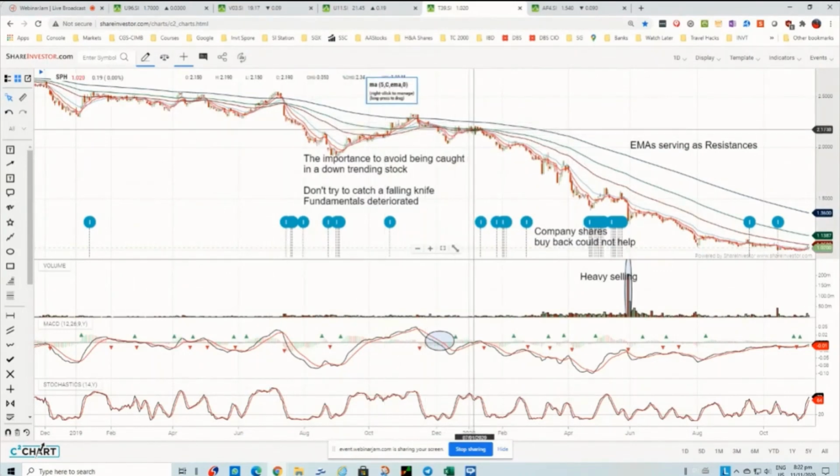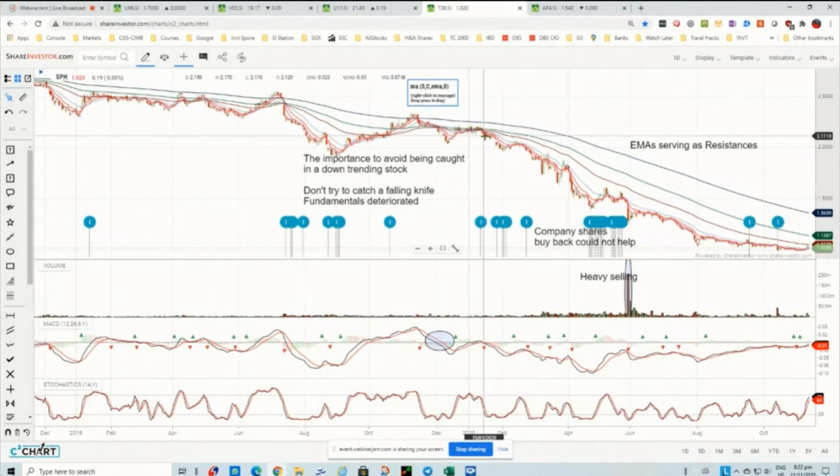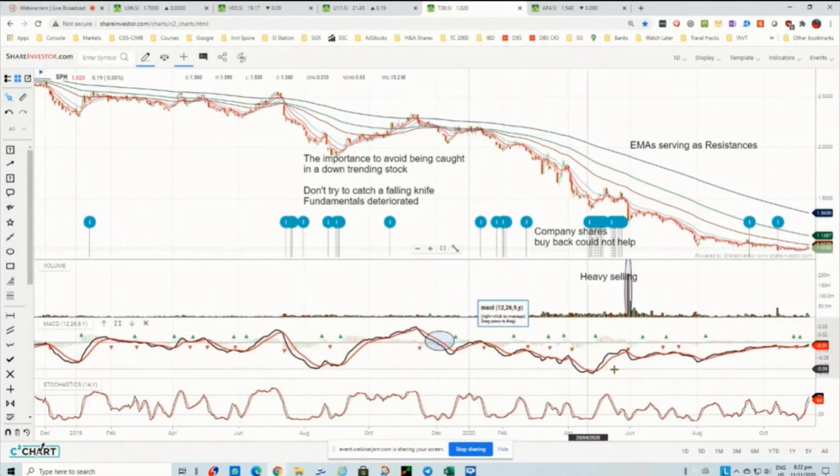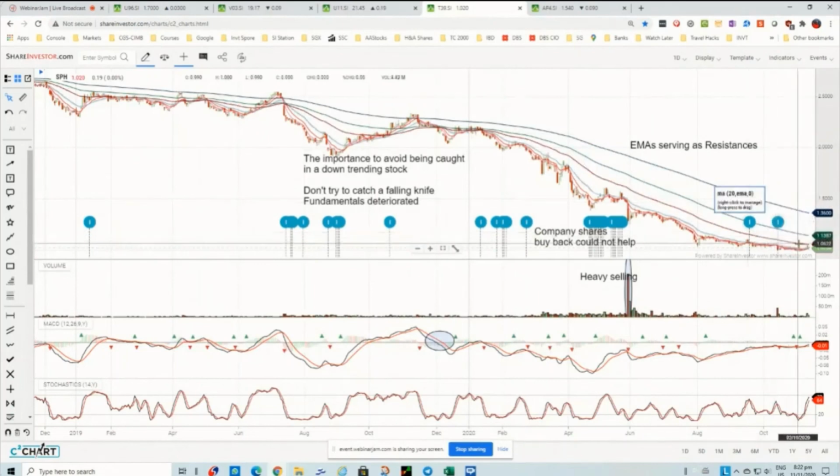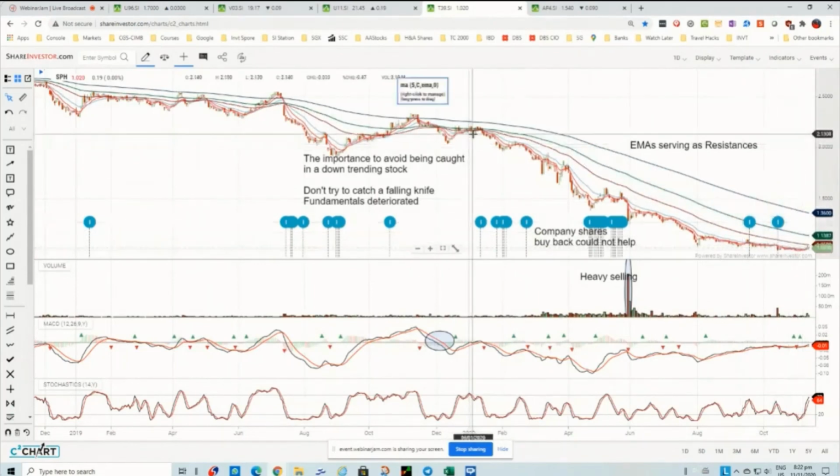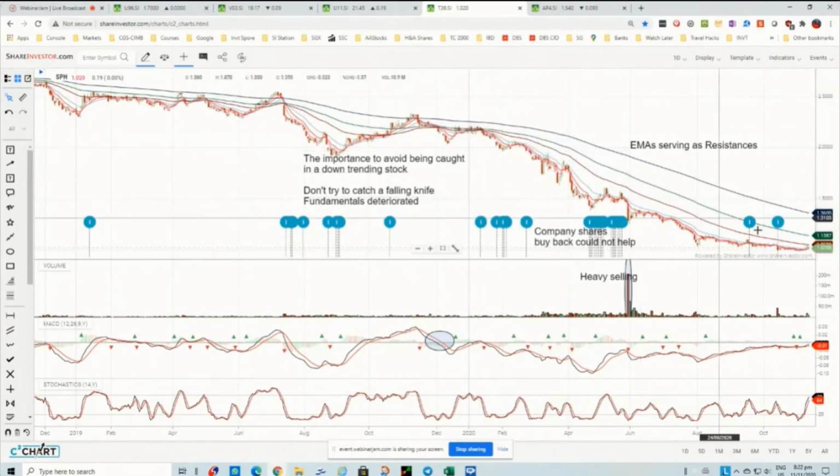Even right about here, almost at the beginning of this year, it was $2. The black line over here, the momentum line, went below zero, and it stayed below zero all the way to now. So from $2 to $1, if you had the share, you could have cut it, or you should have stayed out of it, and you would have saved a lot of money from here. That is 50%. So one thing to understand in trading and investment is this: